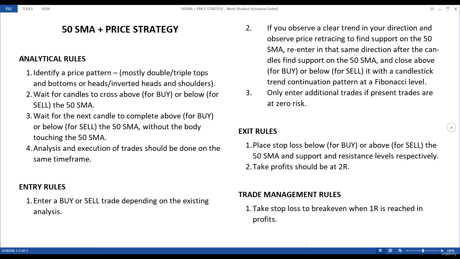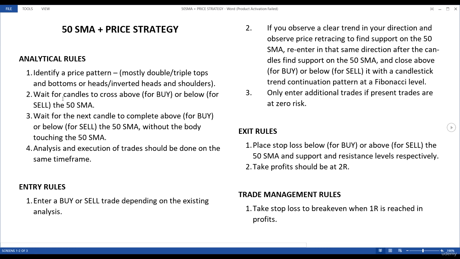Okay, so I have the analytical rules here. Now the first one is to identify a price pattern. Okay, so mostly double tops or double bottoms, or triple tops and triple bottoms, and then heads and shoulders. So these are the most common ones, but many other patterns also can be used. Just try to identify a pattern. So that's the first thing, no matter the pattern. But the most commonly identifiable patterns for this strategy are the double tops and heads and shoulders,